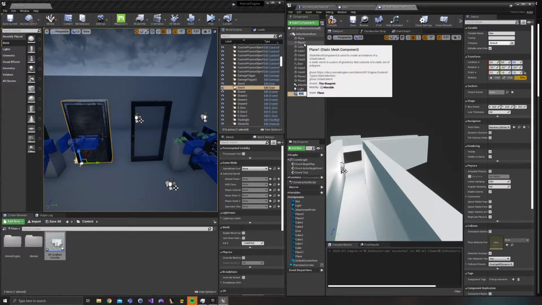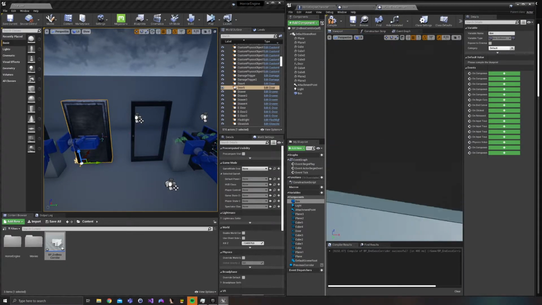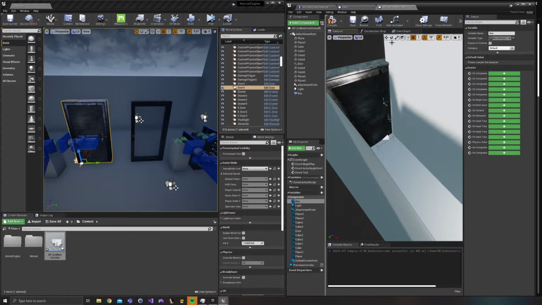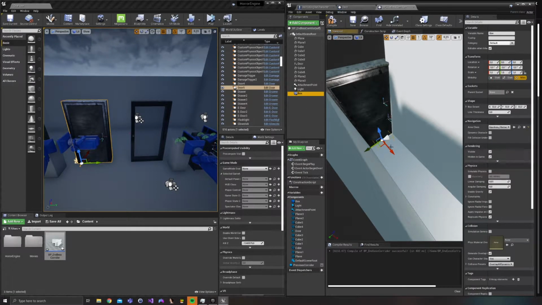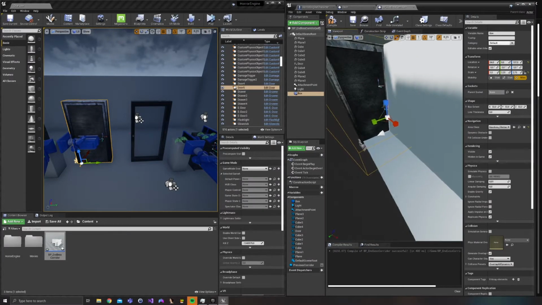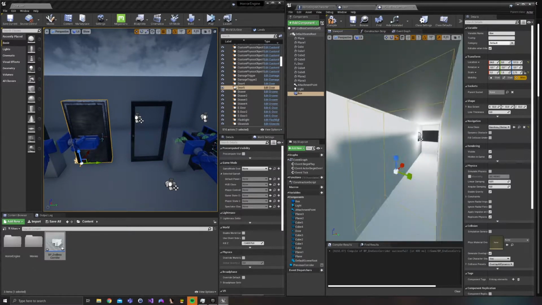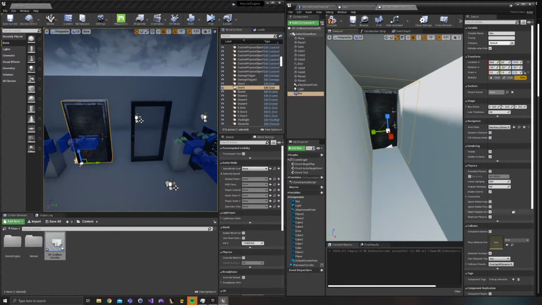So the next thing we need is a trigger to actually start this functionality, so that we know when the character has entered the corridor and when we want to close the door behind him and create a new corridor around the corner. So just add in a box collision actor and scale it up and move it around until you have it at a position where the player will not immediately spawn into it, but will definitely have to